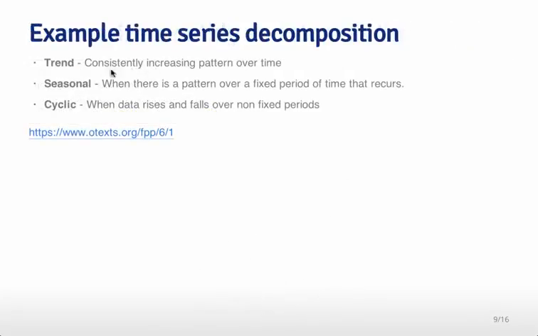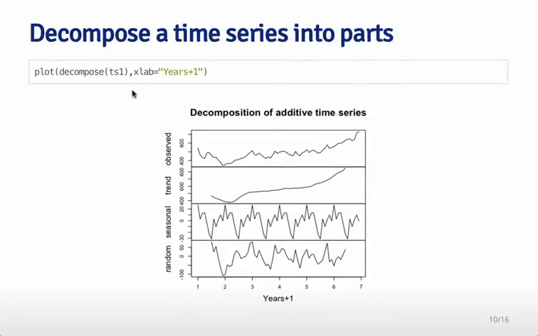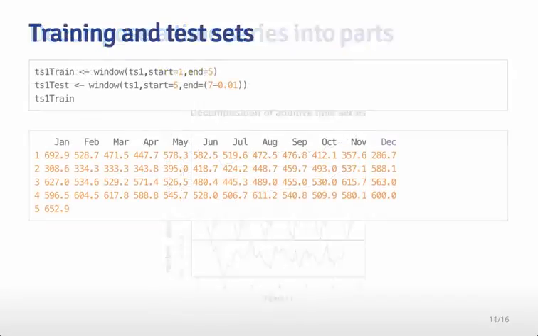So an example time series decomposition would decompose this time series into a trend, any kind of consistent pattern, a seasonal pattern over time, and cyclic patterns where the data rises and falls over non-fixed periods. One way that we can do this is with the decompose function in R. If I decompose this in an additive way, then I can see that there's a trend variable that appears to be an upward trend of the Google stock price. There also appears to be a seasonal pattern as well as a more random cyclical pattern in the data set. So this is decomposing this series into different types of patterns in the data.